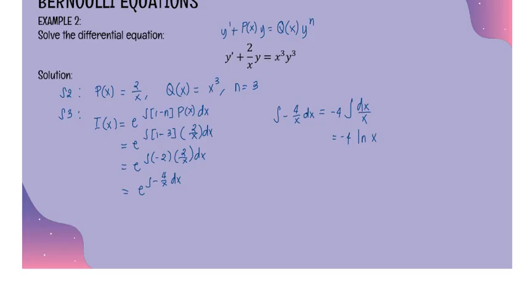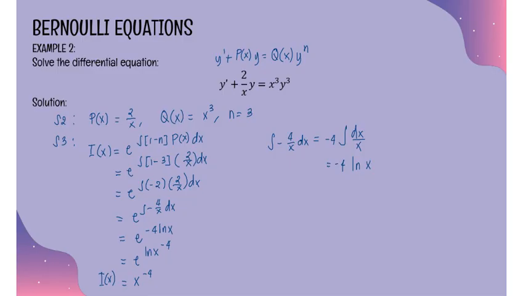Now, it would be equal to e raised to negative 4 ln x, and then we could rewrite it as e raised to ln x raised to negative 4. And we could just get x raised to negative 4 by using the rule for exponential values. So x raised to negative 4 would be our I of x. And then moving on to step 4. Step 4 is making use